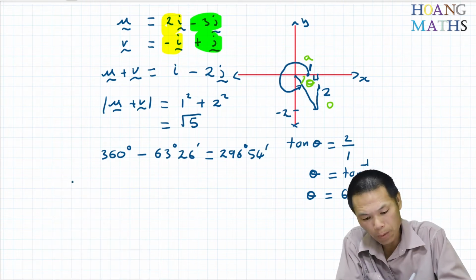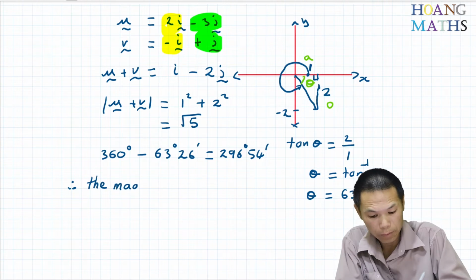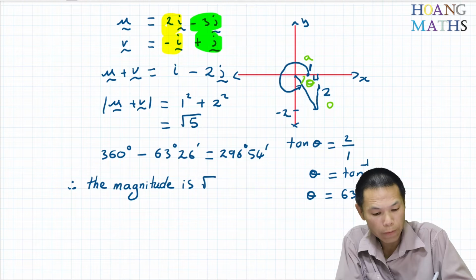So therefore, the magnitude is square root of 5